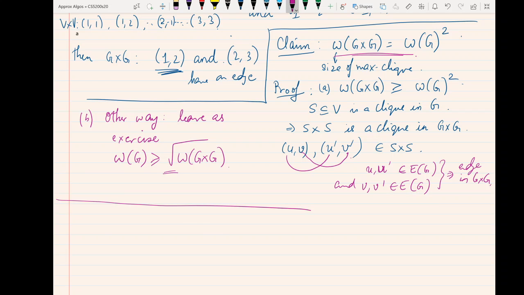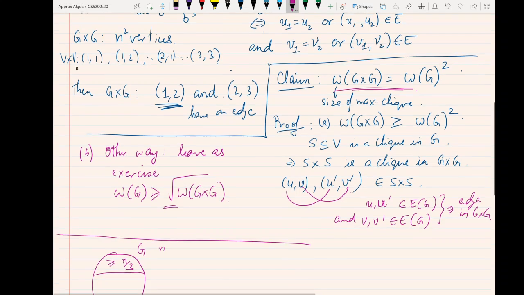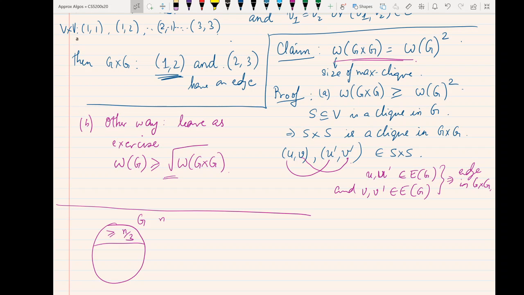Well, if you apply this to our original gap problem where you had a graph G with n vertices and you're asking is there a clique of size n over 3? Notice that I've switched notation from having 3m vertices in the graph G to having n vertices in the graph G, something like this, and this was distinguishing between the yes and no instances. Here was NP hard. Notice that from this we have got a graph G cross G on n squared vertices,